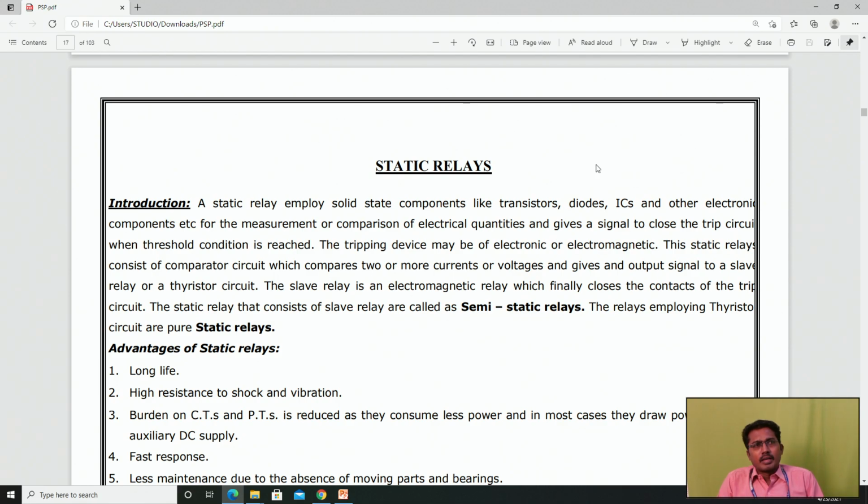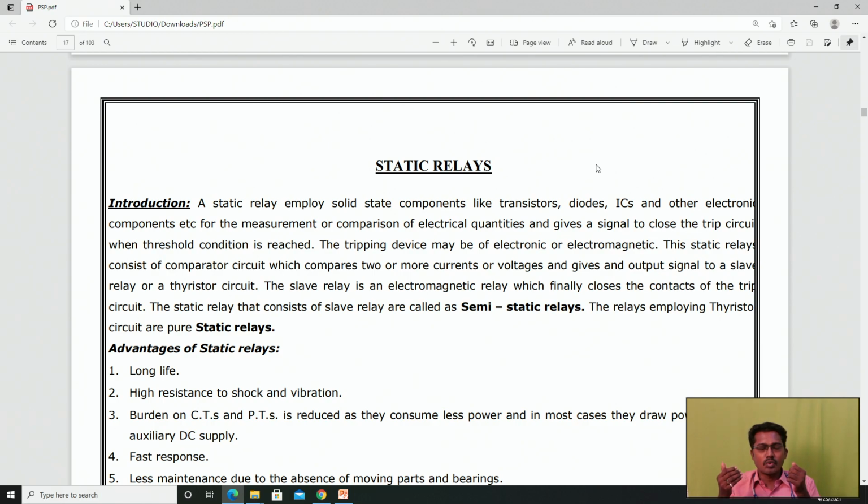Okay, the relay, we know that the electromagnetic relay has some drawbacks because some electromagnetic movement is carried out in it. There will be formation of noises due to aging, and there is inaccuracy of operations. Everything will be there in an electromagnetic relay. If there is any damage of insulation, the relay sensitivity will be reduced, and reliability is also very low for the electromagnetic relay. So we need to improve, or go for further development of the relay.